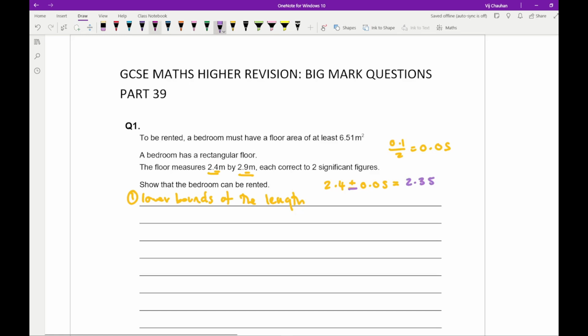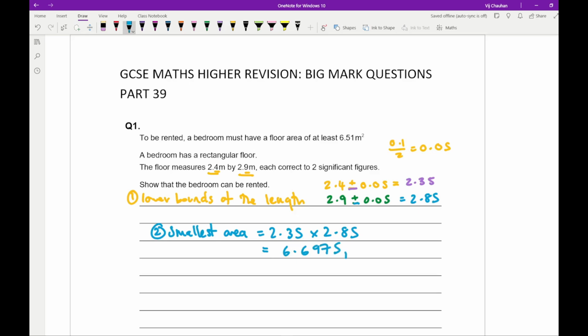And for the other length, so we've got 2.9 plus or minus 0.05, in which I want the lower bound, so I'm going to be taking away again. So here I've got 2.85. So to find the smallest area, I need to use these two lengths that I've just found. So that's going to be 2.35 multiplied by 2.85, and that gives me an answer of